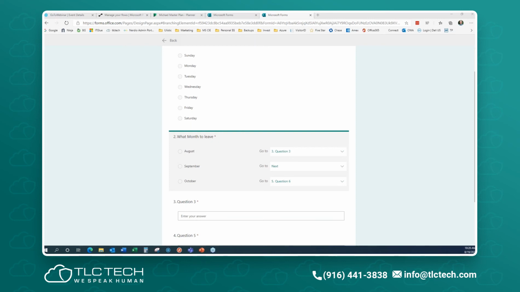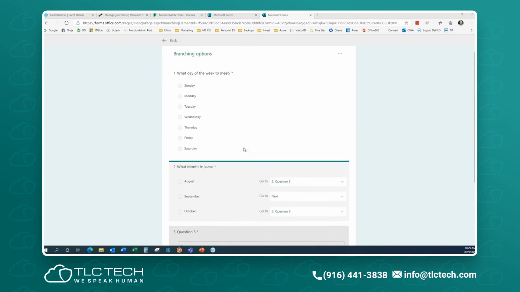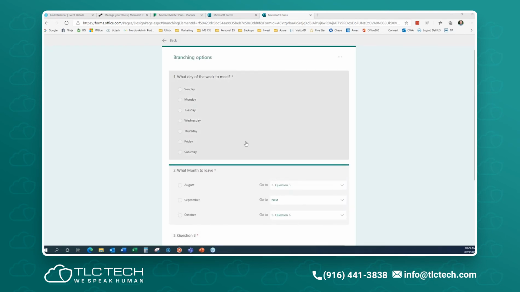Okay, I had a clarification as well. If you said yes to questions 1 through 5 and no to question 6, how do you avoid question 6 after you chose yes on a particular branch? You'd have to do double branching there. So here, what month? If I chose yes, I can choose where it jumps me to. If I choose no, I jump to another location.